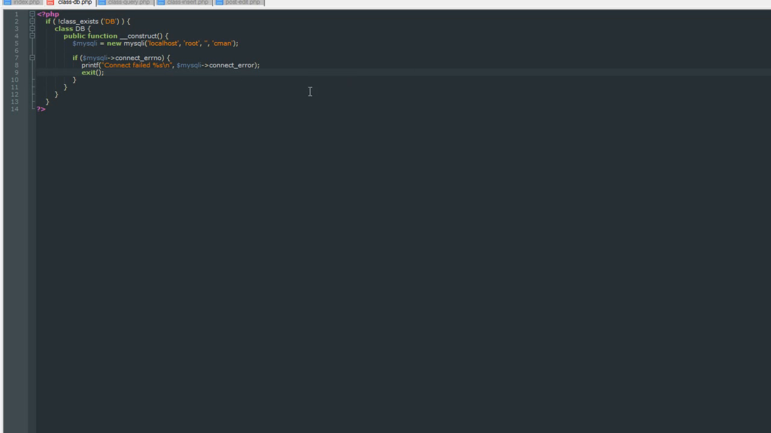Okay, so what we're going to do then from here is, if it fails, or if it doesn't fail, then what we're going to return is our MySQLi connection, essentially. Okay, so the connection that we created up here. So what we want to do here then is we want to go and include this into